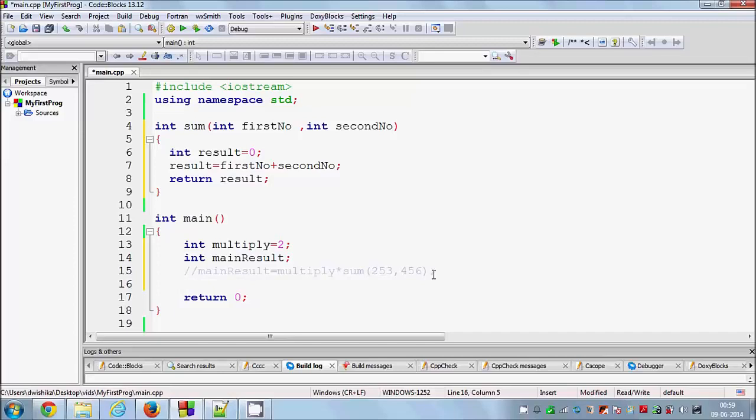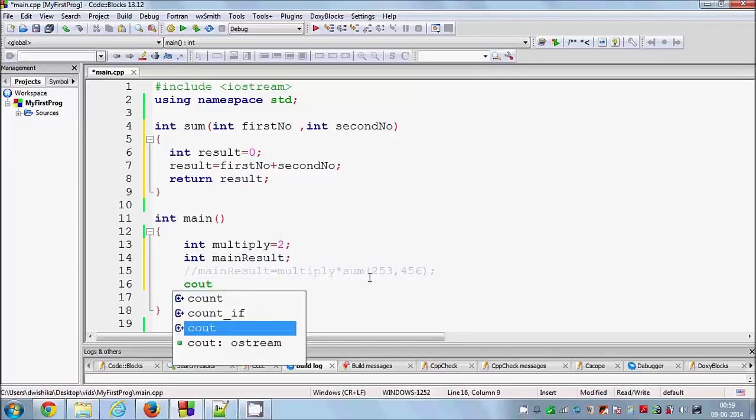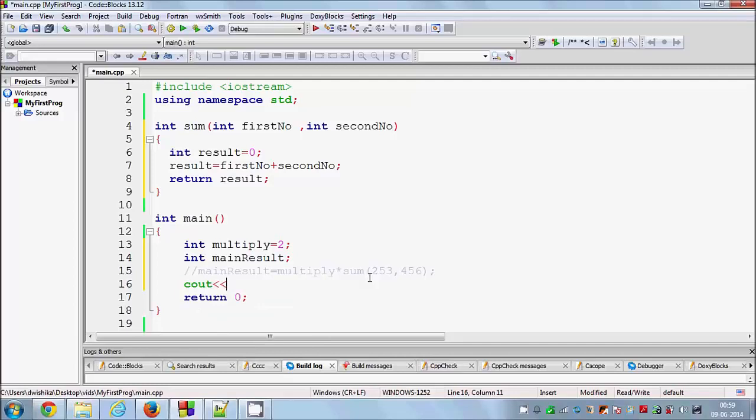So let me use cout, and I will say the result is, and then I will call this sum function, and I pass these two values here, and then I will end line.